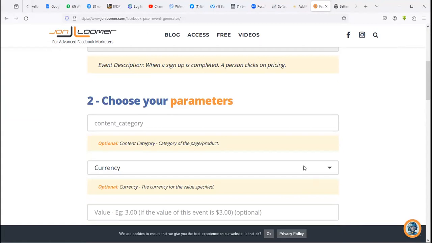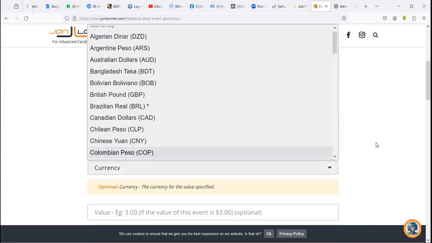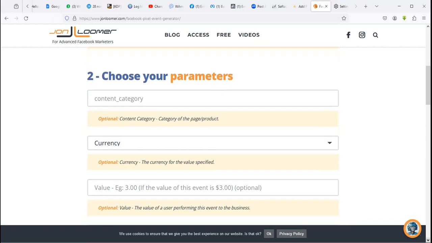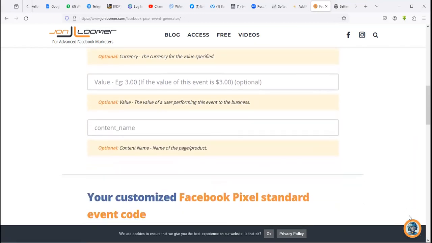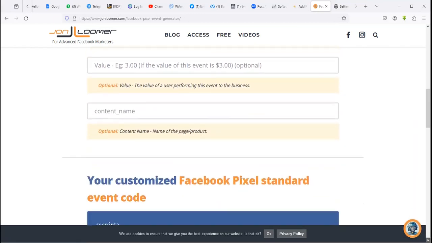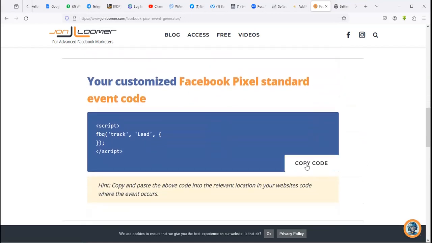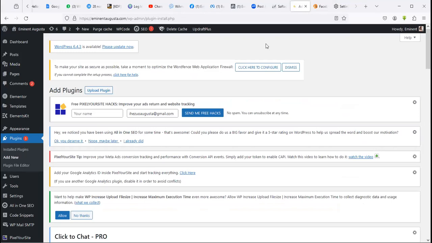Then if you click on purchases, remember you have to set your currency, and set the price of the products that they are buying. Once you do that setup, you come here and copy this code. While you set up that, just hold on. Come back to